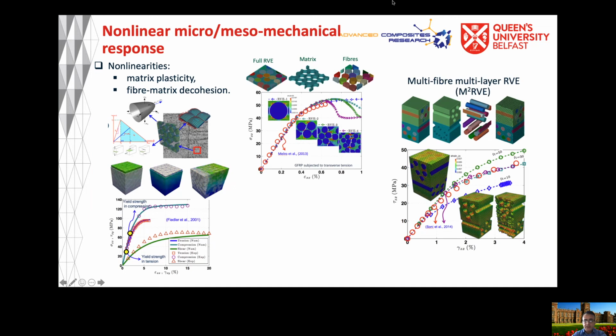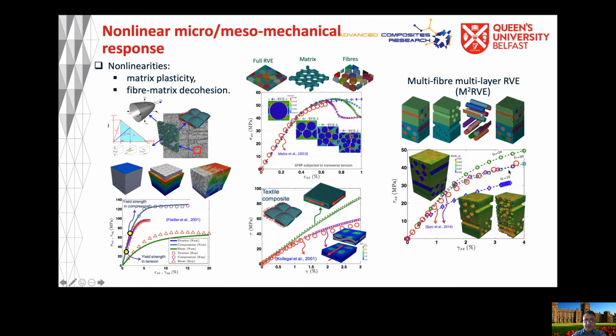And finally, then we can simulate unidirectional FRP composites, as you can see in this figure and in this figure. And finally, the same idea can be used to simulate woven composites or textile composites. So as you can see in this figure here, you can subject these composites to a variety of loading, and then the code that we developed can predict the limit load, and it will be very helpful for designing